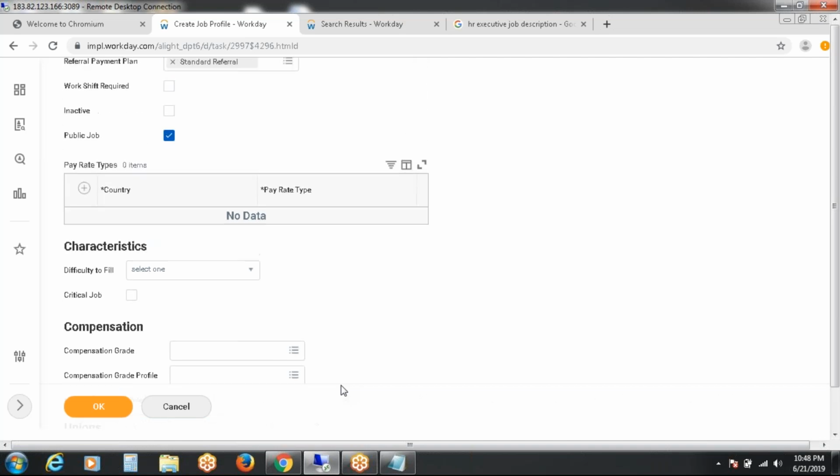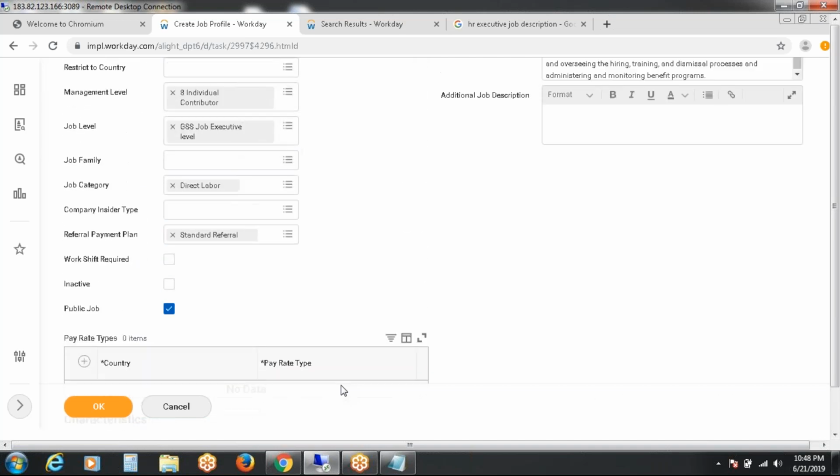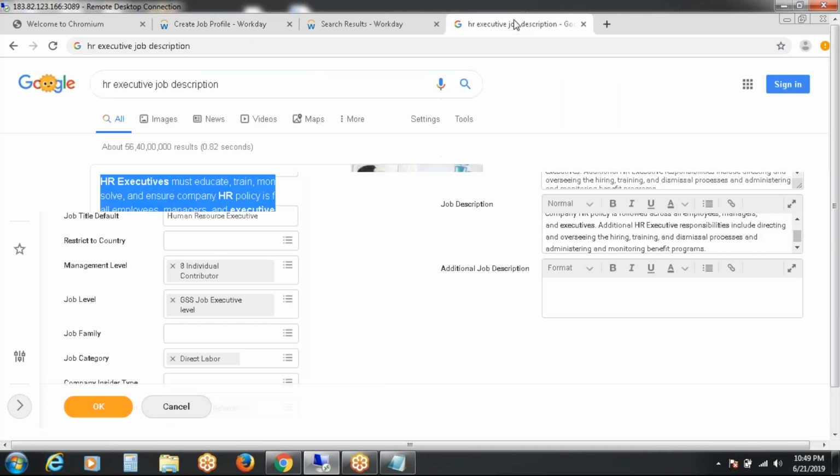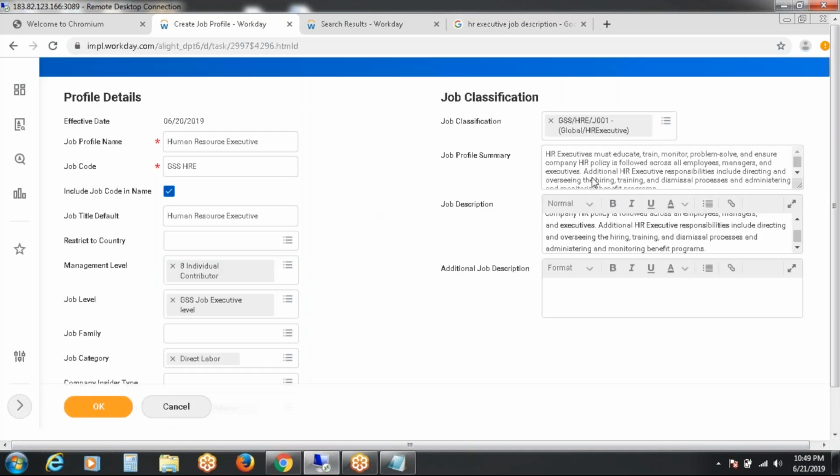So here we used to get any open position; we used to get the job requisition for the new position. So what is meant by job requisition? It is one of the steps of the business process where we create the exact requirement for that particular job or position management staffing model. Whatever we are doing here, we are just copying from Google and creating the job profile. But the job requisition is nothing but the details or fields to fill in this job profile, which we will receive in the job requisition.